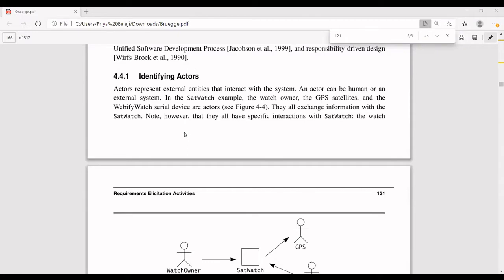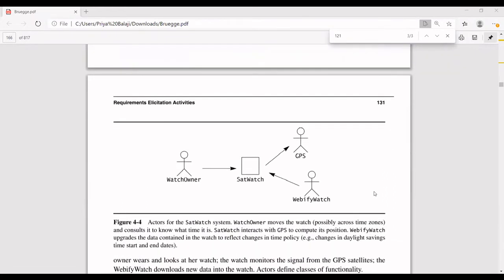The actor may be a human or an external system. As I told you, sometimes your robo may act as your actor also, because the process is automatic. At that time your robo itself is an actor. To switch on the robo, your user will be acting as an actor and the robo will act as a machine. So according to the situation, these actors and the machine devices will keep changing. But in this scenario, there is no need for a system to be an actor, meaning the satellite watch will not be an actor, because it is going to be used by all these three actors.